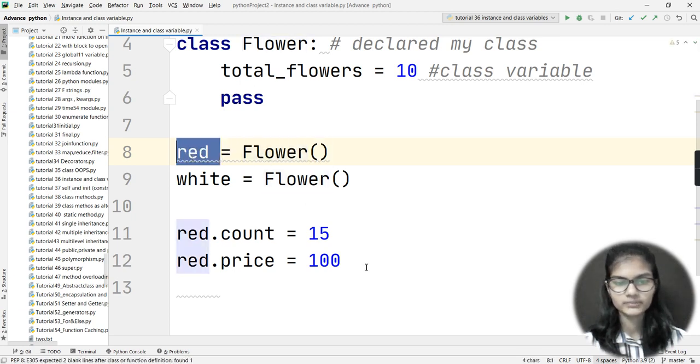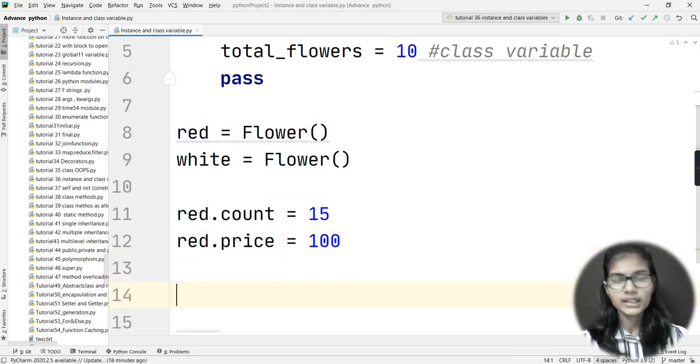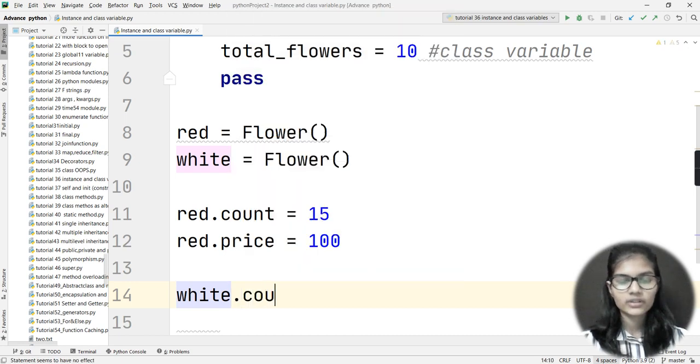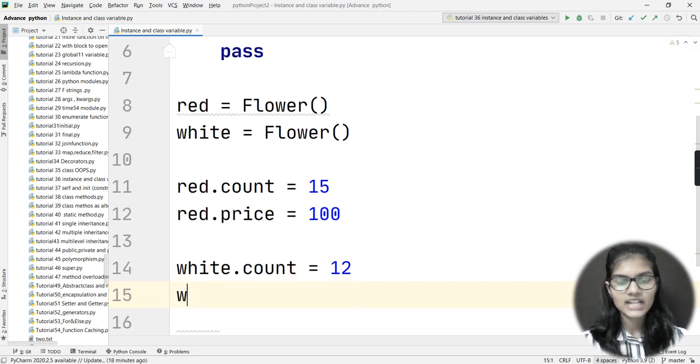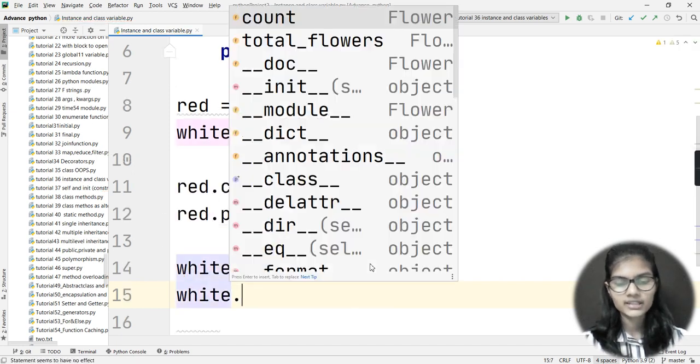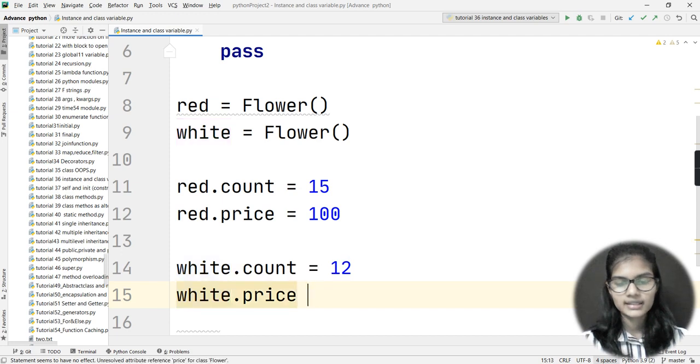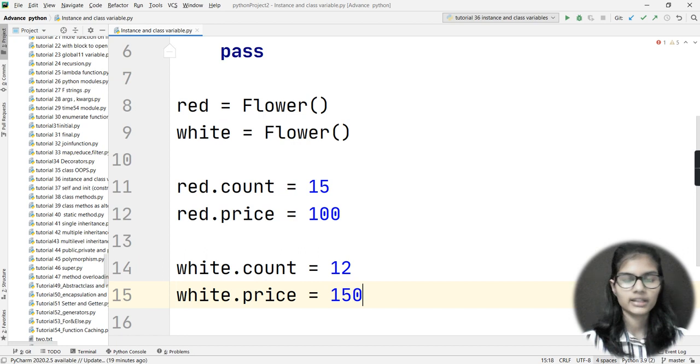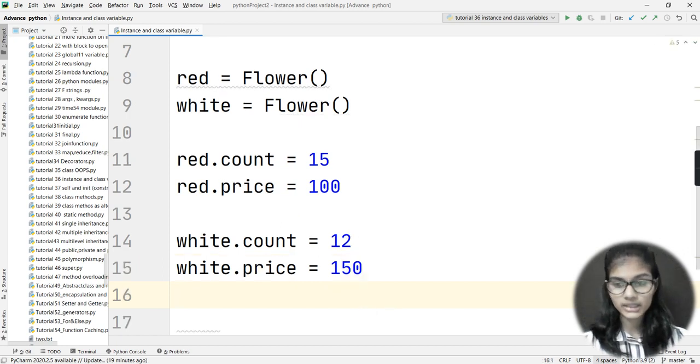red object. Now my second step is that I'll be using another variable, let's say that is white. I would put a dot, and let's say for this also we give a count. Let's say here I'm giving 12. And for the price, let's say white dot price is equal to 150. Now if I want to make some other attributes in this white object as well, I can just do,